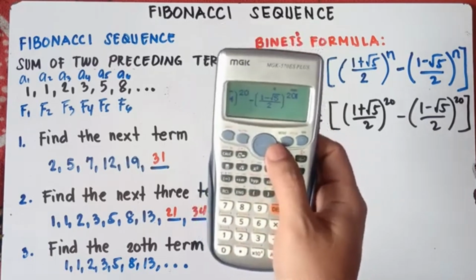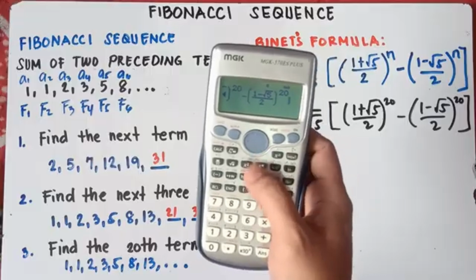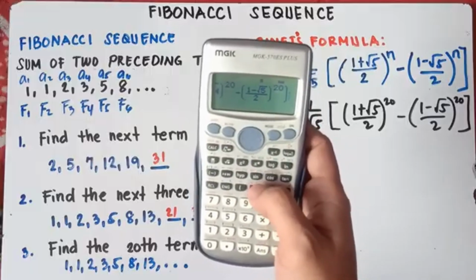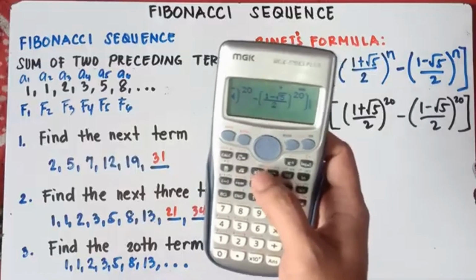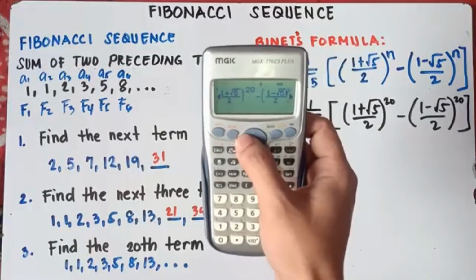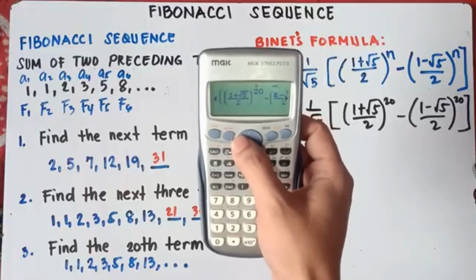Then once again, move your cursor on the middle part. Then close parentheses. Alright, so I hope you see that one, class. So that'll be, you can check your answer, double check your answer, class.